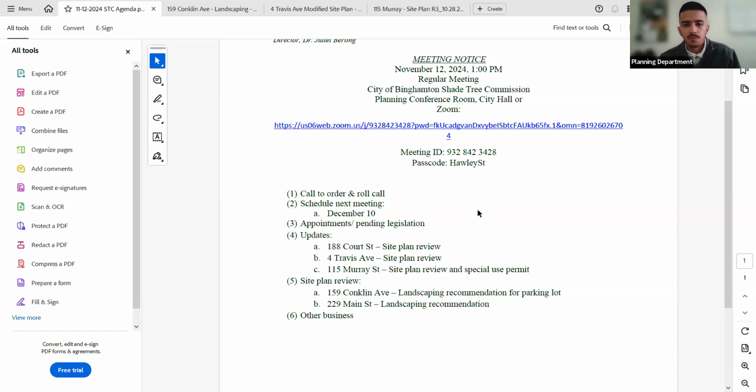I do want to make an announcement. Moving forward, we are thinking about moving the commission to Basecamp. It's software that the planning commission, zoning board, and other commissions all use to share documents between the planning department and the members of the commission.